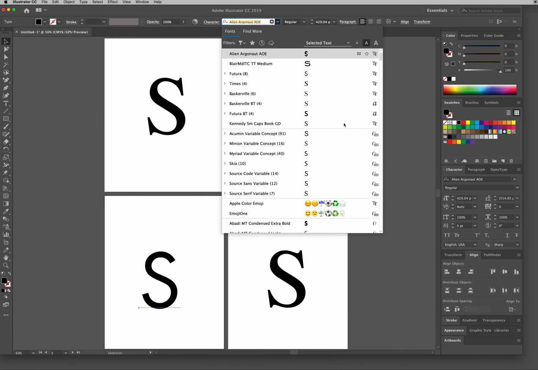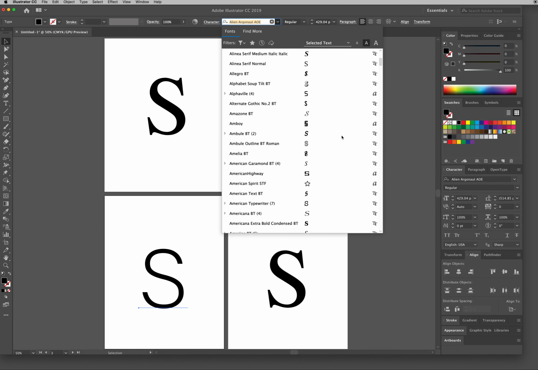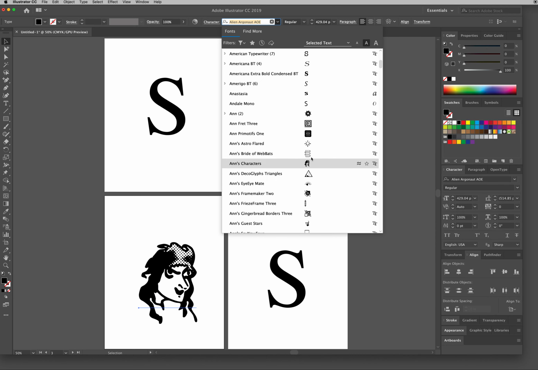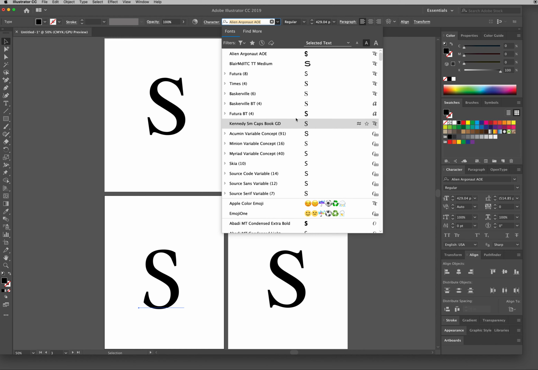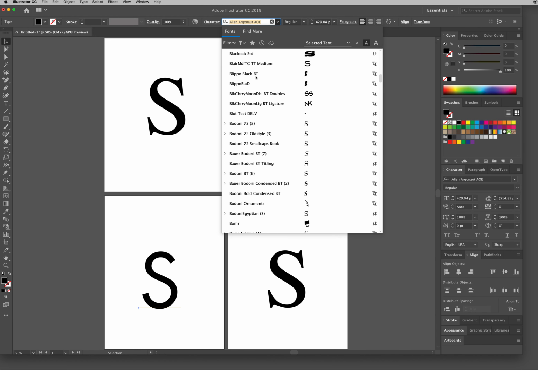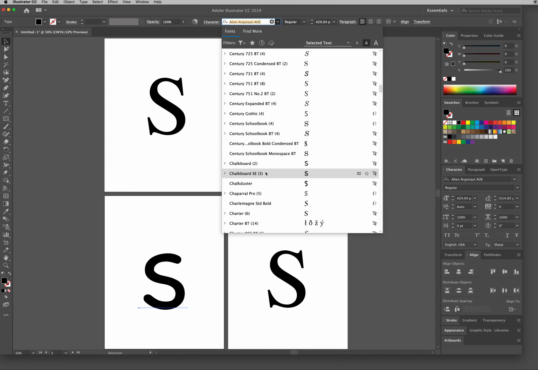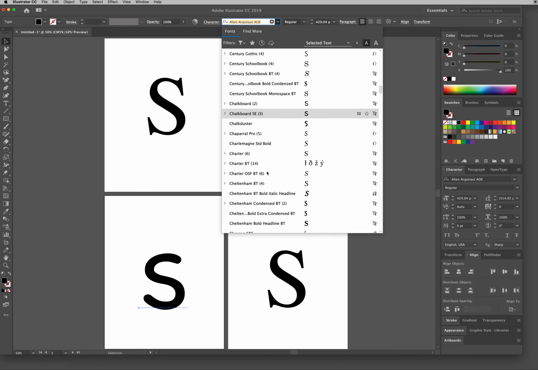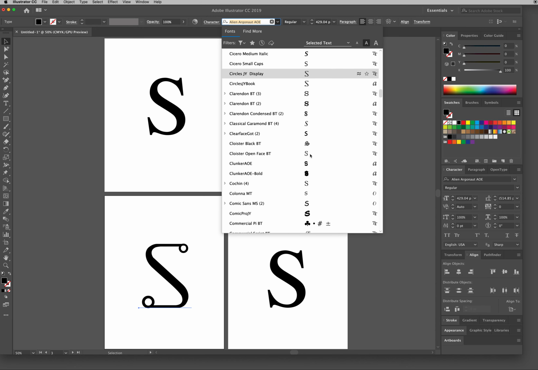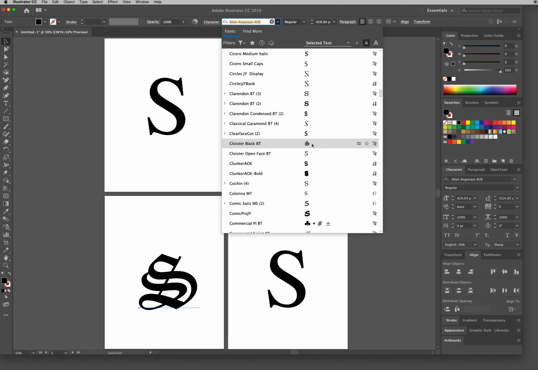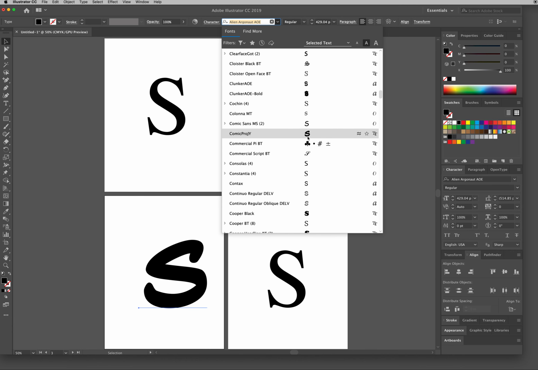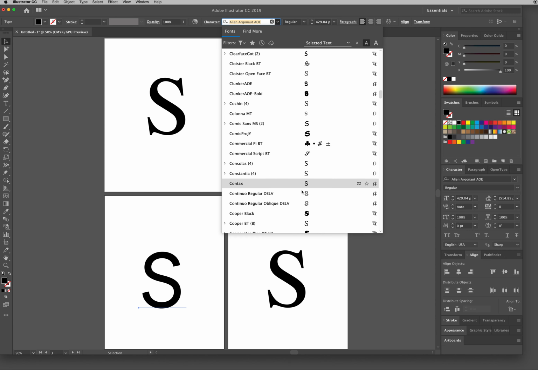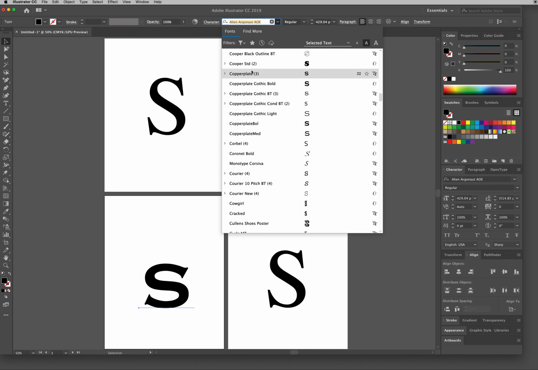So start with a good, strong, structured font. All right. Not Chalkboard, not Comic Sans, not Papyrus. Nothing like funky Cloister Black, nothing like Clunker. Okay, Comic Pro, no. Okay, this Copperplate, that's okay.